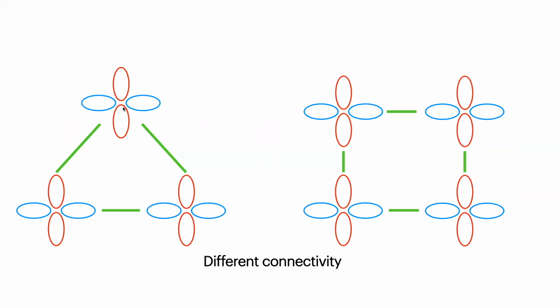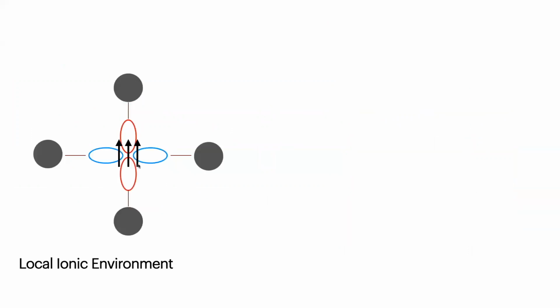You can have different connectivity between the transition metal sites, as I'm showing here, a triangular lattice versus a square lattice, and many other types of lattices. The local ionic environment matters as well. So the ions here can affect the physics on the transition metal site. These ions can be oxygen, sulfur, and other